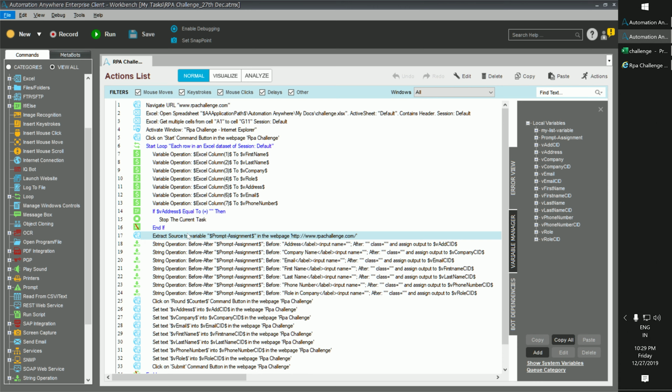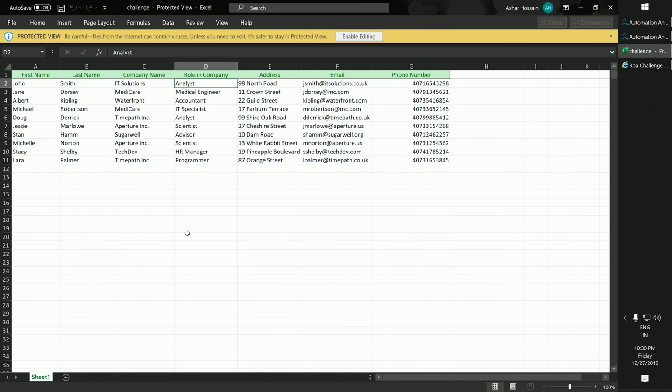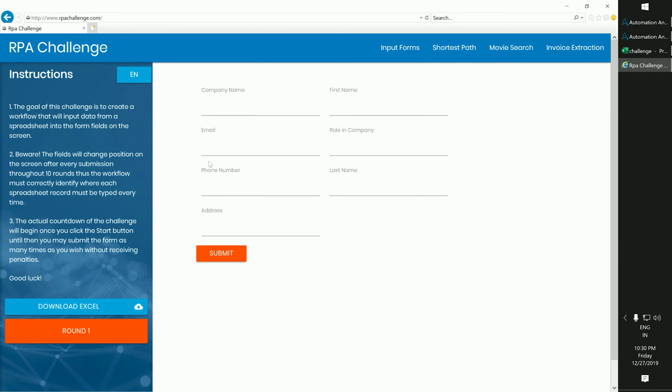Line number 17 is very crucial. This is essentially the backbone of the entire code. Now if you are on this video, you already know the concept of the RPA challenge. If you object clone these fields, you will not find any unique value. So with every round